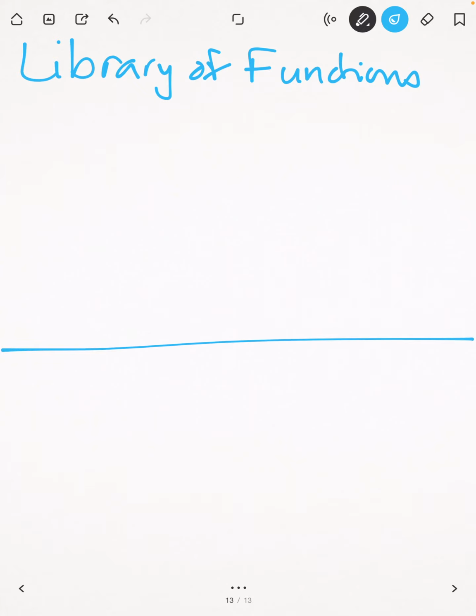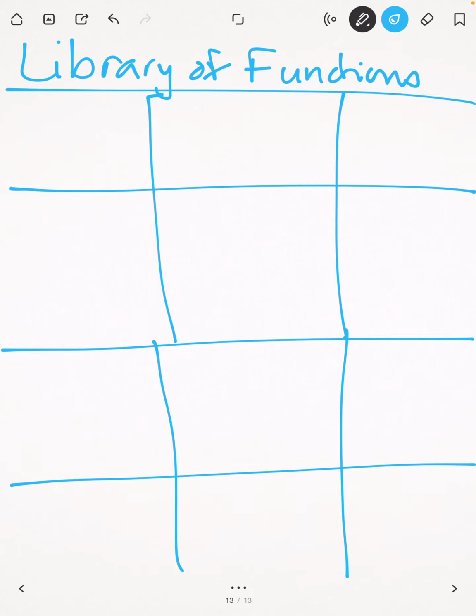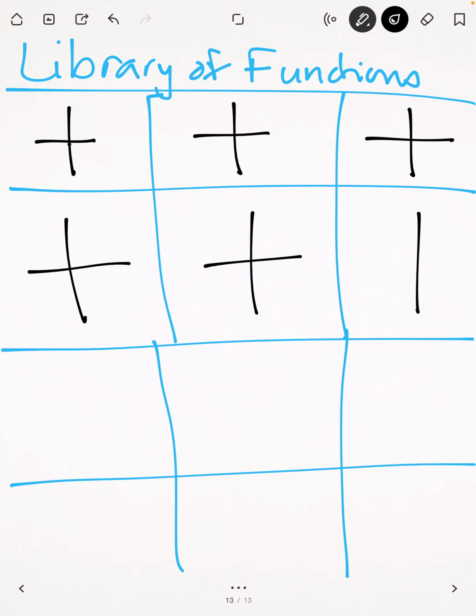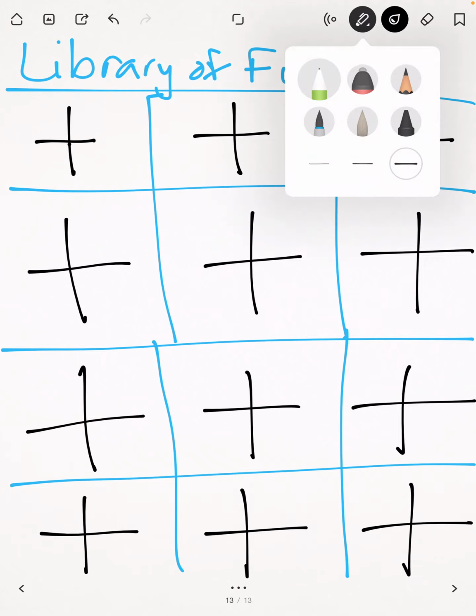So let me see if I can manage to divide this in a way that might actually work. And I'll go ahead and put my coordinate plane in each one. And so when we're looking at our coordinate plane,